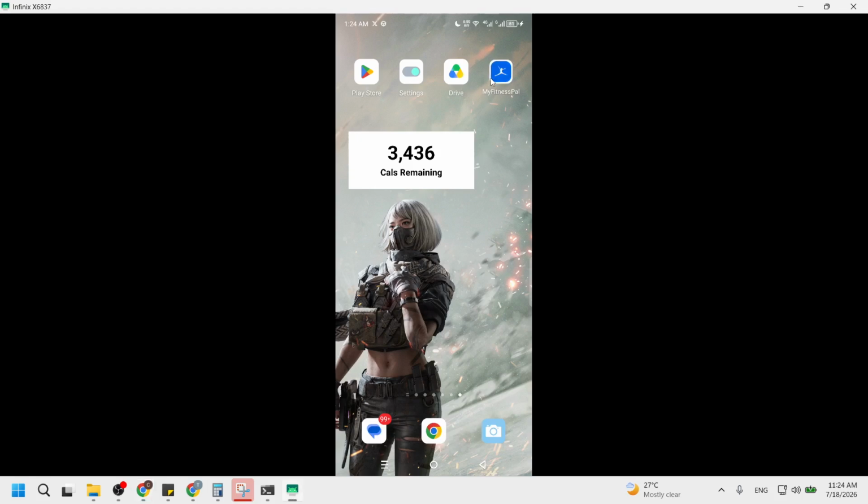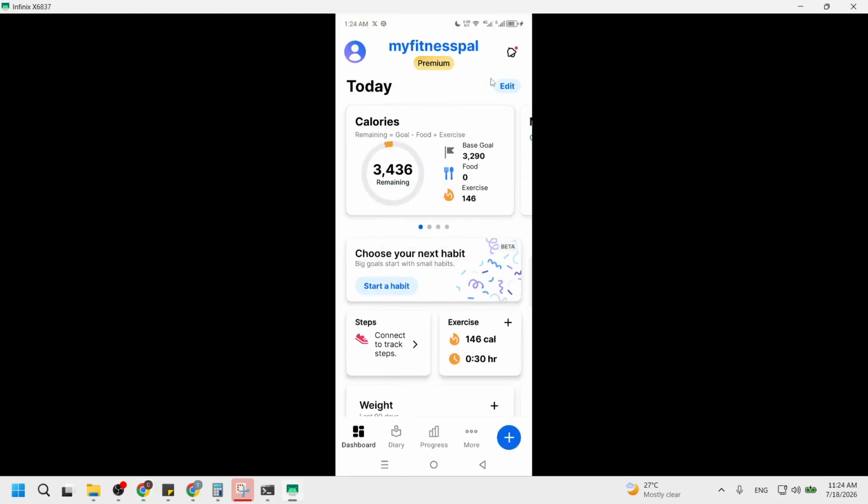First, open the MyFitnessPal app. You will see a clean and user-friendly interface. The home screen usually displays your daily calorie intake and nutritional goals. By launching the app, you ensure you have access to all your tracking features. Seeing your history helps you understand your eating habits over time. This step is crucial because it sets the stage for everything else you'll do in the app.